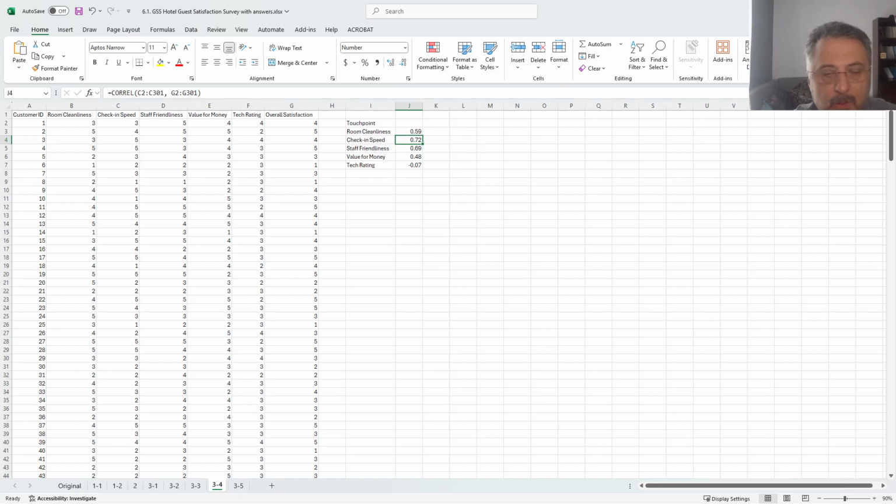how can we interpret them? For example, room cleanliness is 0.59. This has a moderate positive correlation with overall satisfaction. This means that improvements in room cleanliness are likely to have a noticeable impact on increasing overall satisfaction. So as always, invest in maintaining and enhancing cleanliness standards, as these factors play a meaningful role in